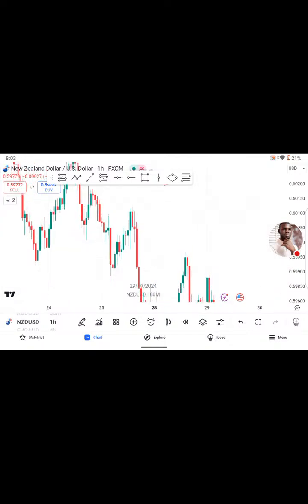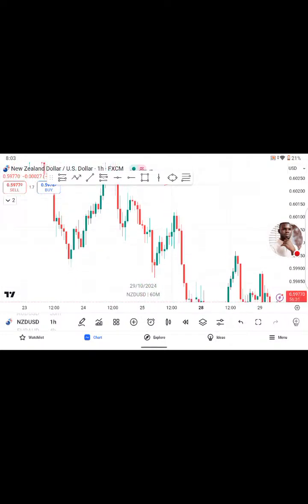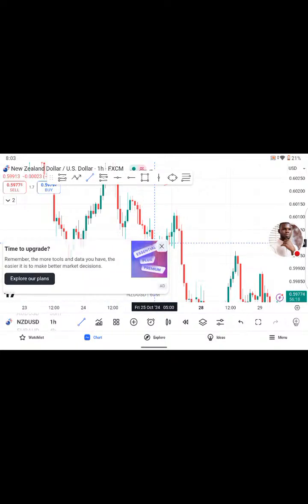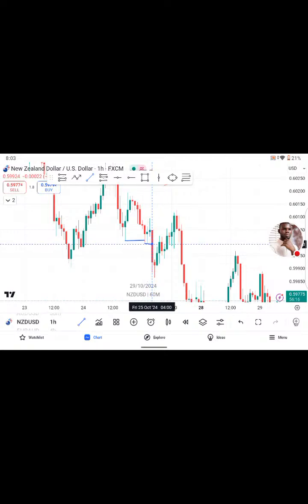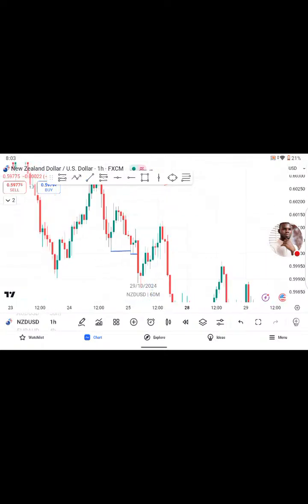Looking at this structure, within this structure I have another structure. This is a low. This low was taken out, and inside that we still have this low too, which was taken out, making two internal structure. Then we have this high being taken out. That is a liquidity grab. After taking out that high, we have this